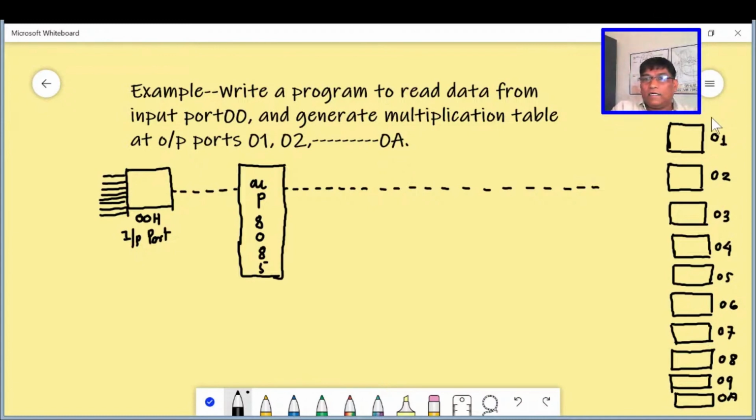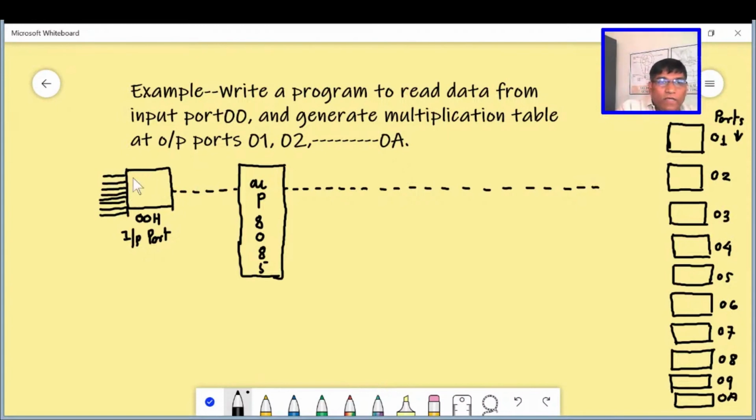So these are the different output ports, and these are the different addresses for these output ports. So we have to write a program so that we have to read the input from this port. Any number may be there.